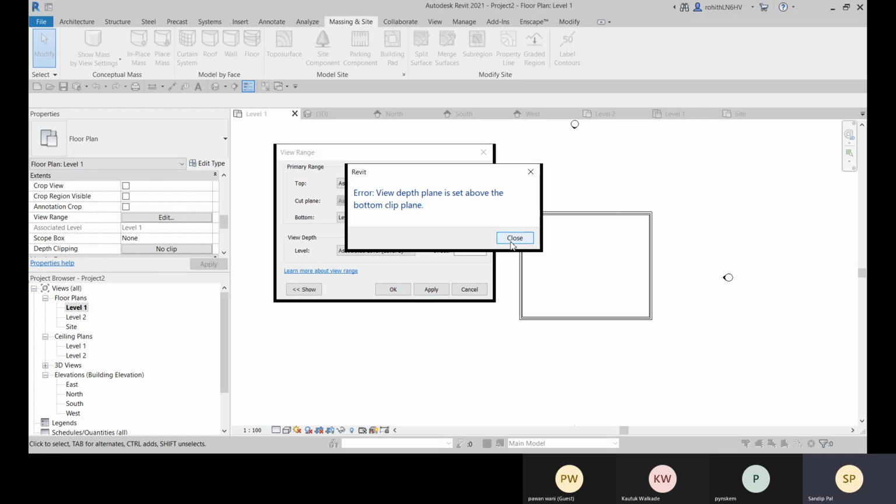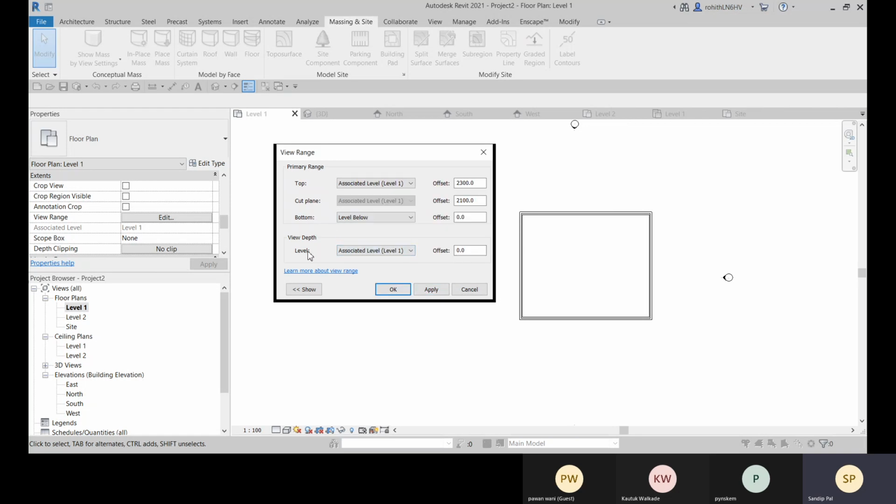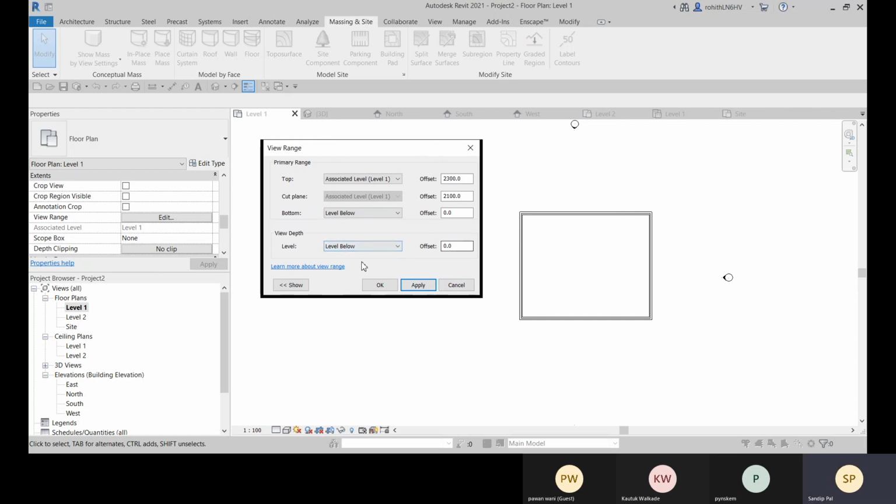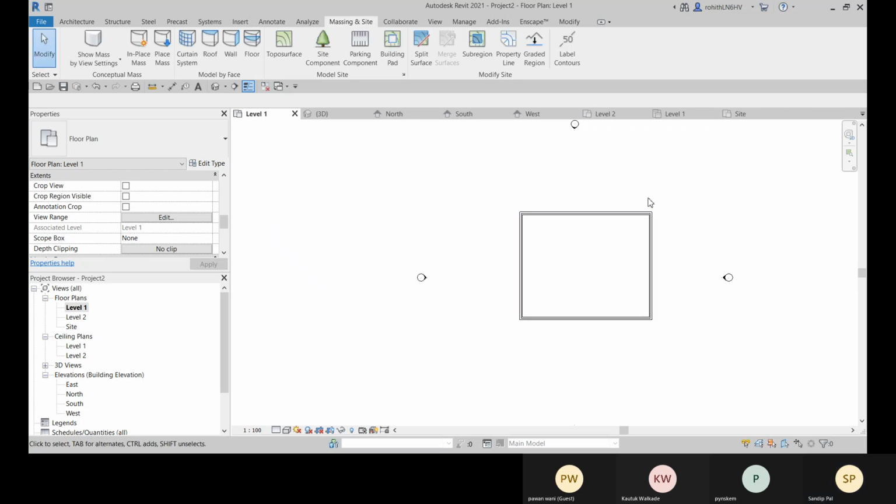Currently the view depth is also associated with this level 1. After this primary range, the view depth is set, so I can apply this to level below. Right now there is no level below this level 1, so nothing is added.